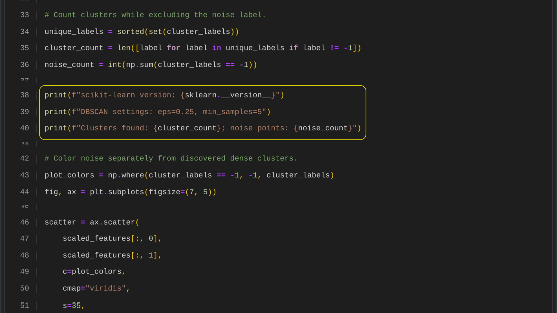The code reports key information about a DBSCAN clustering run. It shows the Scikit-Learn version for reproducibility, lists the main DBSCAN settings, such as epsilon and the minimum samples needed for a dense region, and summarizes the results by giving the number of clusters found and the number of points